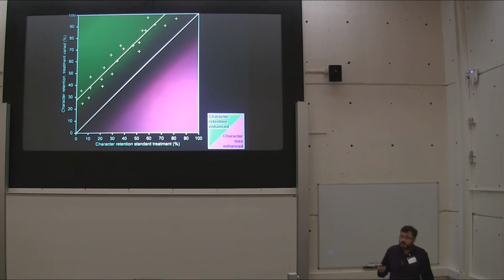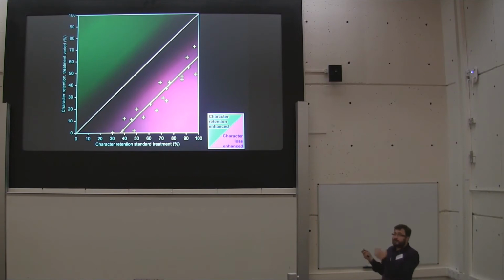our treatment. So just to give you an example, a character that is retained in half of the samples in the standard might be retained in something like 75, or 3/4, of the samples in our treatment. Conversely, if points plot down in this field, the loss of characters is enhanced in the treatment compared with the null. So again, if we took that 50% character, it's retained in less than 10% of the samples